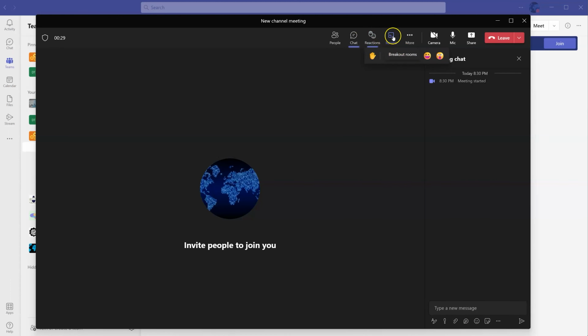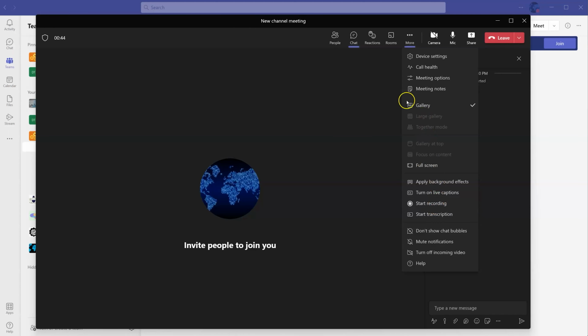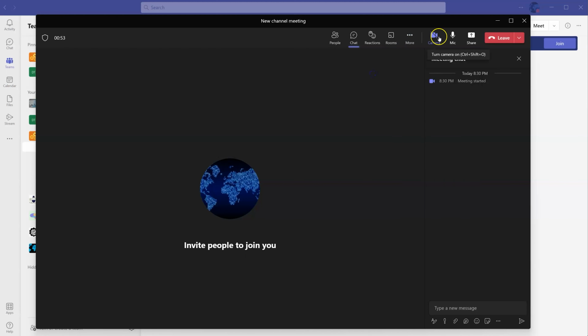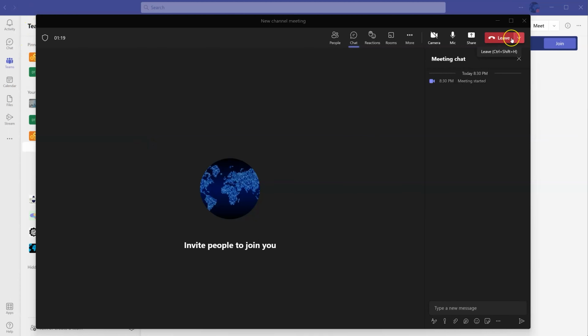Here's the Reactions tab. You can create breakout rooms and adjust the parameters here. From this More ellipsis, there's the recording and transcription options. From here, adjusting camera on and off, microphone on and off, and then screen sharing options, either the entire screen or window. When class is over, simply hit